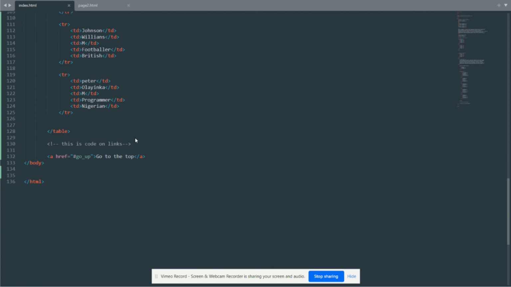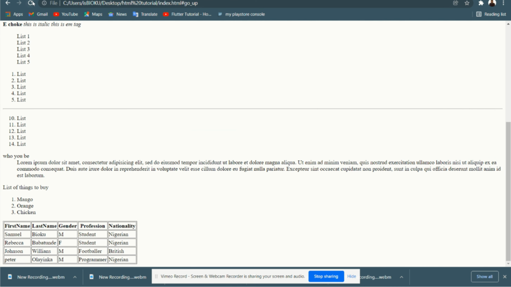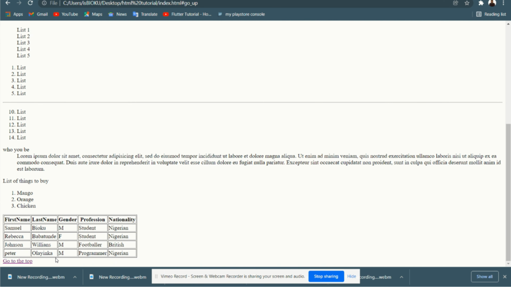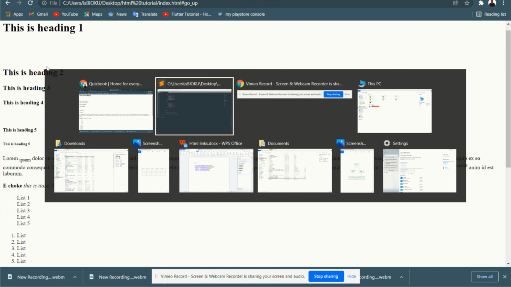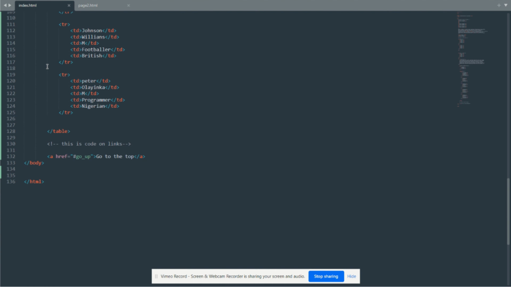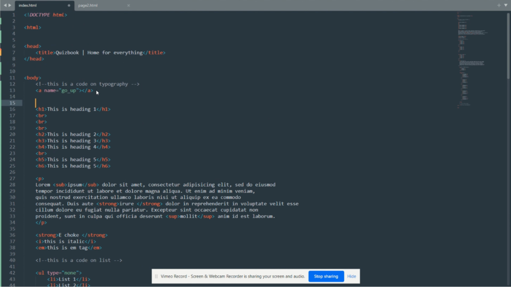So if I save this document now, go back to our website, reload the website, then you go see, you see say e don carry me say go up. So if I click this thing now, e don carry me go up like this. So wetin I go do now be say I go come go from up now to where this one dey wey be down. So I go just come here like this, do another anchor tag. Now because say this one go be the trigger now, I go just put hash down,